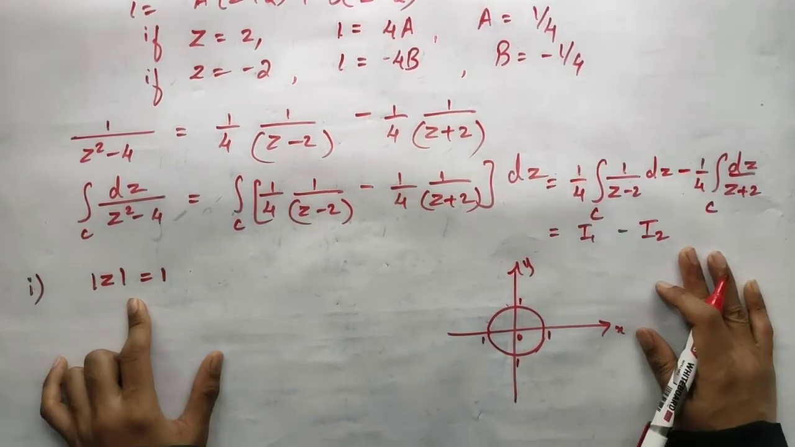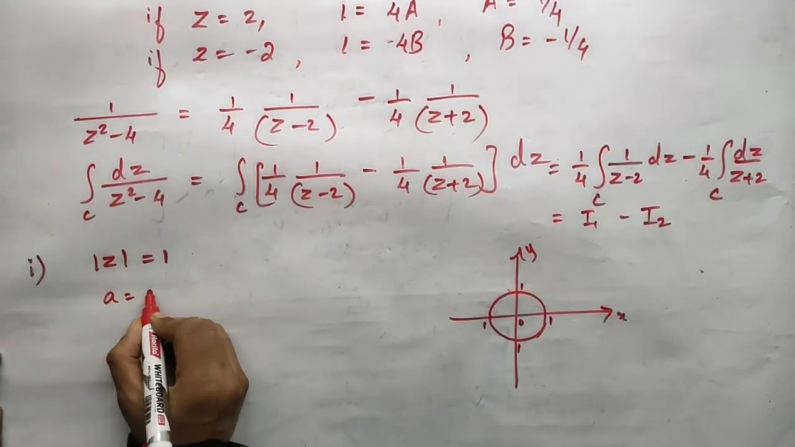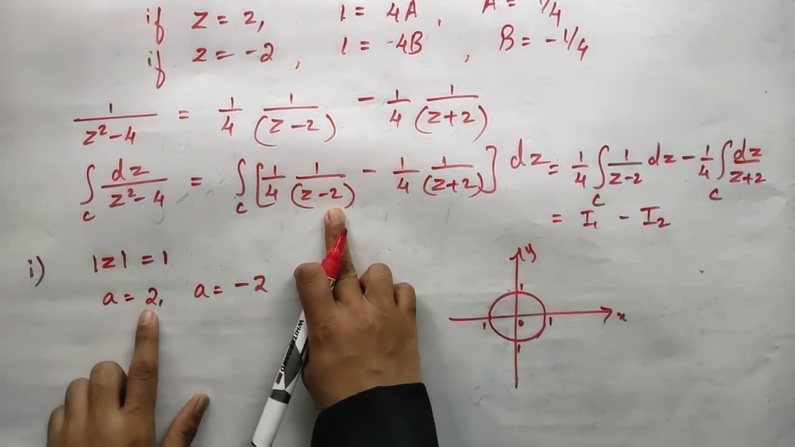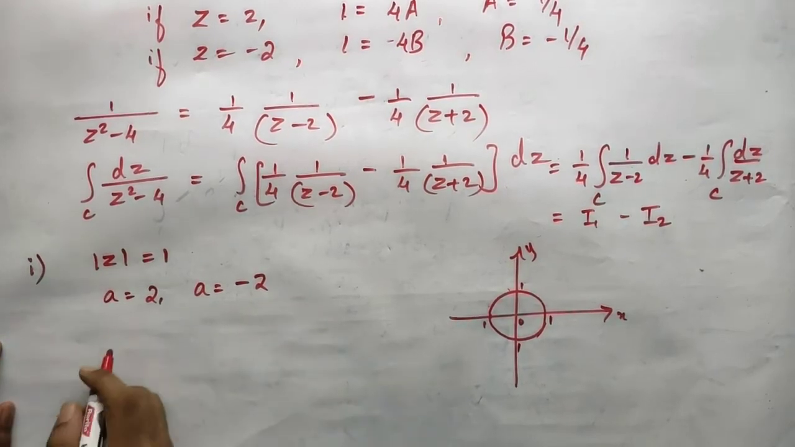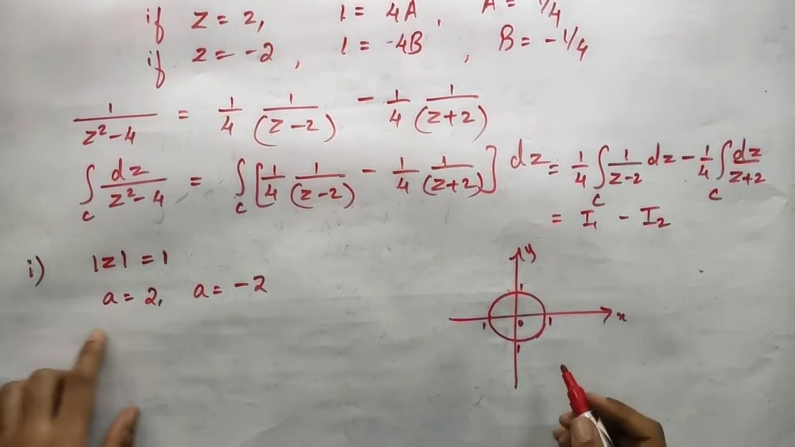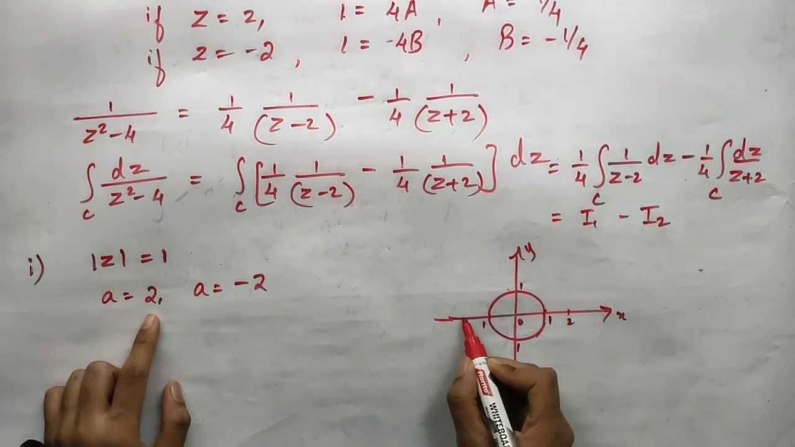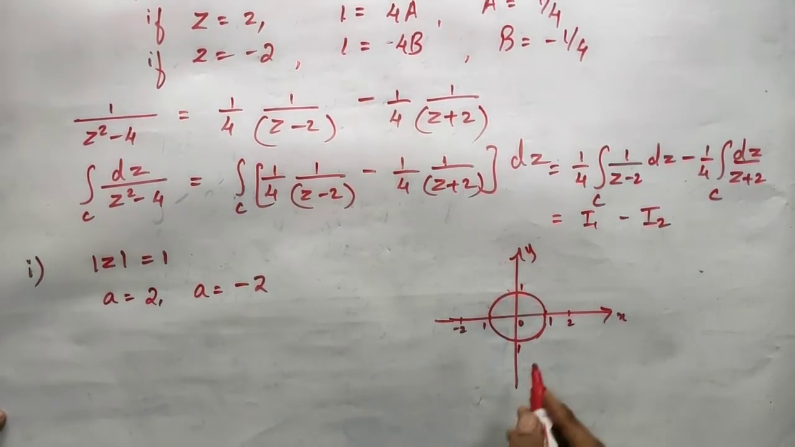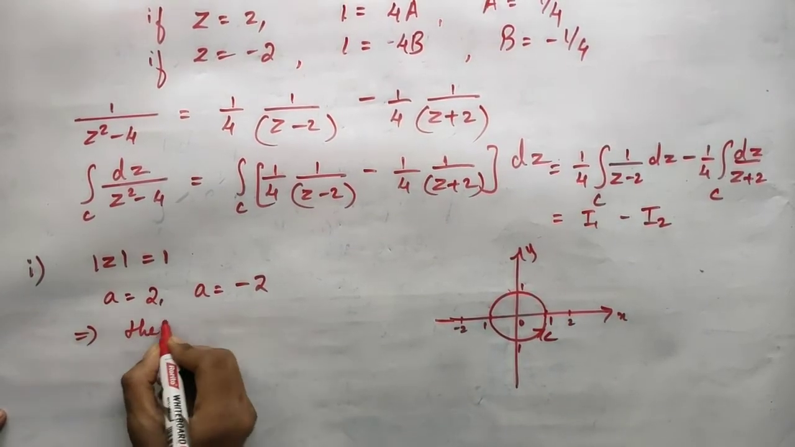And look at the points we are having. There are 2 points here, a is equal to 2 and a is equal to minus 2. z minus 2 gives you a is equal to 2. z plus 2 gives you a is equal to minus 2. Now if 1 is here, 2 will be somewhere here, and a is equal to minus 2 will be somewhere here. Both of these points lie outside the given curve C. This is my curve C. So this implies the 2 points